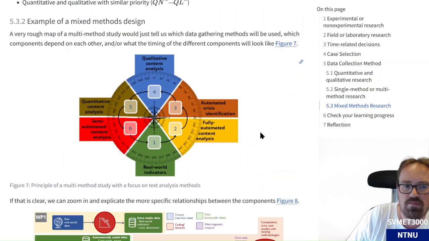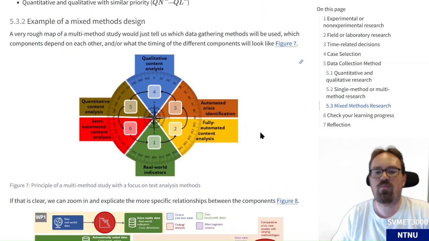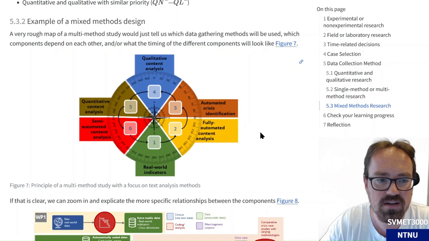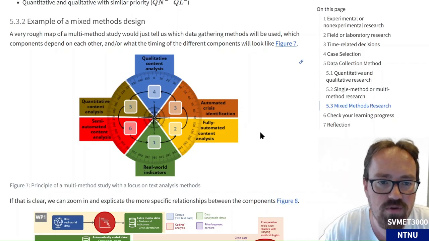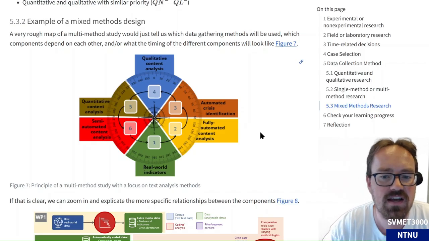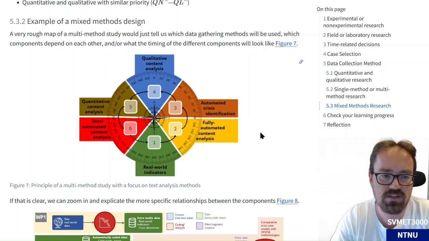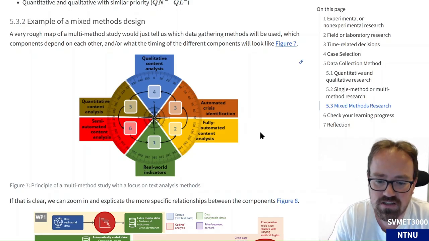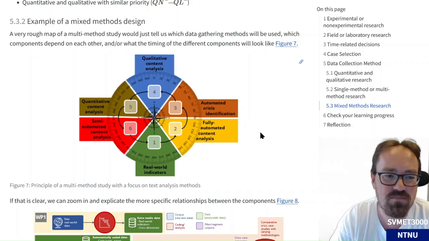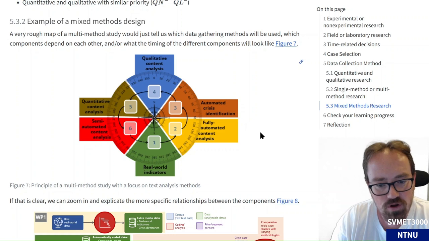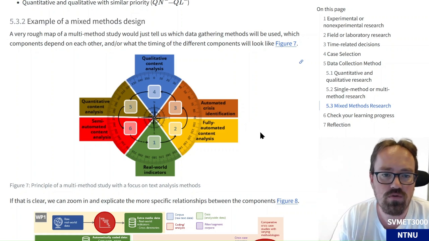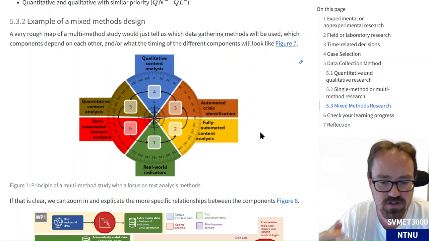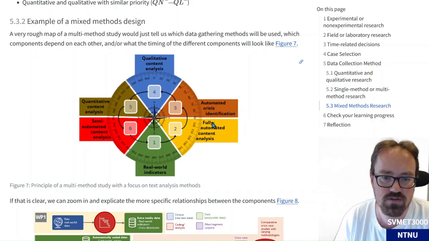Finally, to exemplify, I've brought with me an example of such a relatively complex mixed methods design with quantitative and qualitative components. That's a study I have conducted or am currently conducting in a long time project. First of all, I want to show you a rough map in figure 7 of this research project